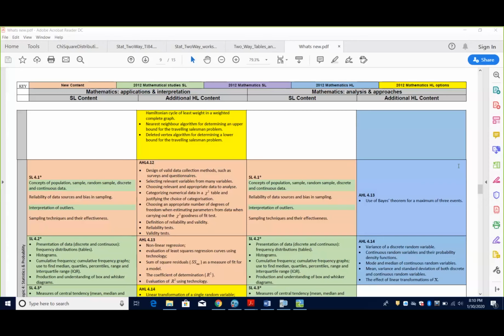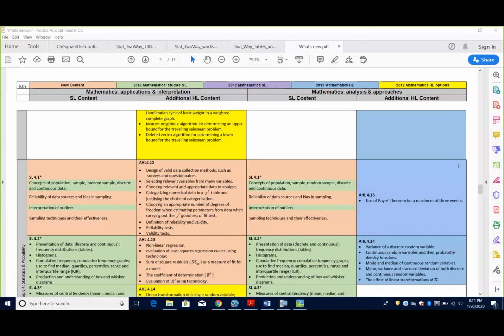for that course. You'll see the next one over is green, and that's your math studies content. The course that most mirrors math studies is, of course, applications and interpretation. So that first column, if you were teaching studies, is your column. That's the one you should be focused on. That's the course that you will probably be teaching going forward. The column right next to it, the second column, is the new course. It's the higher level version of applications and interpretation. So it's everything in column 1 plus everything in column 2.